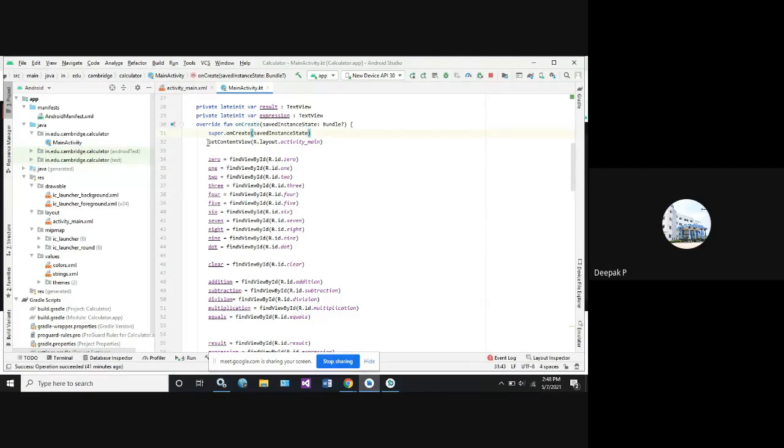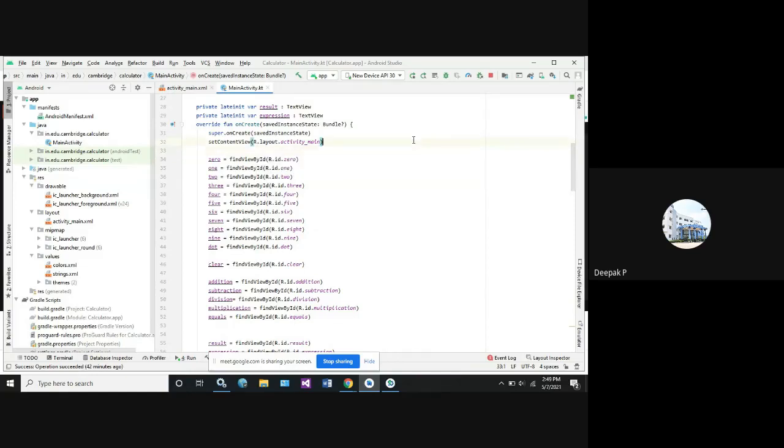So to set our content, click on set content view. So R is a functionality in the Android code which supports all the values. Okay. So this R stands for passing XML data to our AAPT screen. So AAPT means Android Asset Packaging Tool. Okay. So what type of tool has to be loaded? It has to load the activity main file. What are the contents that I have written in the XML file? That content has to be loaded. That is taken by this function. Okay. It loads the layout of the activity main file.